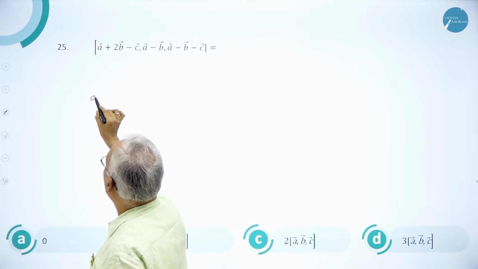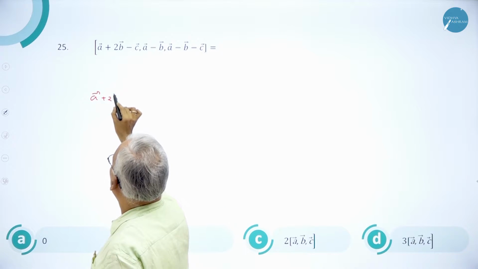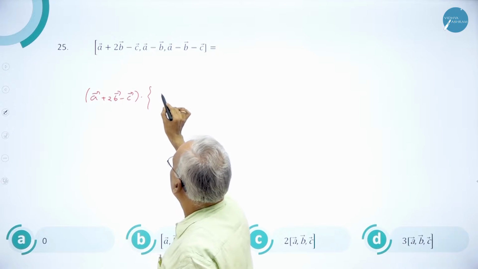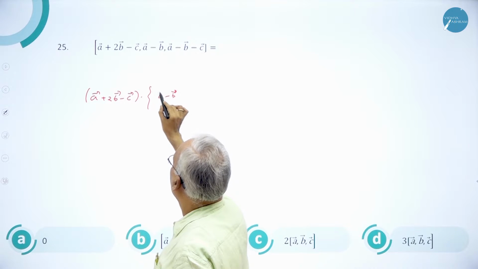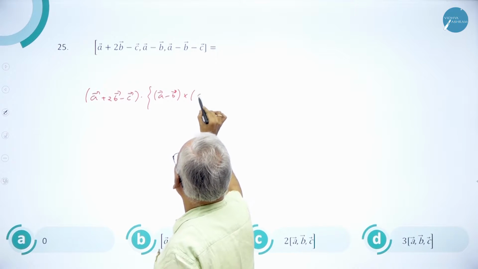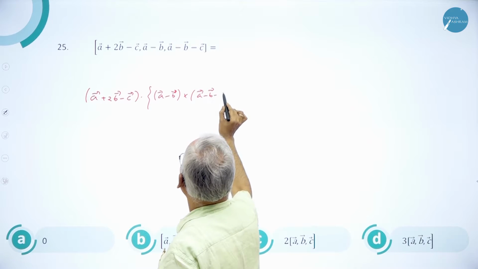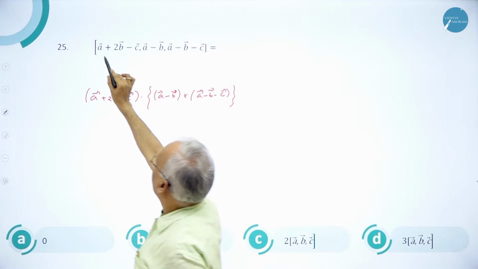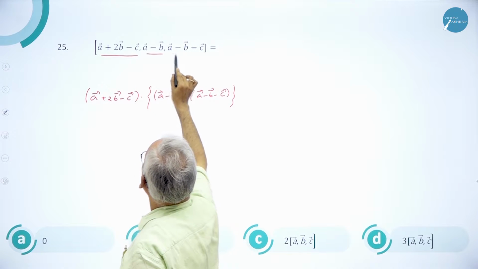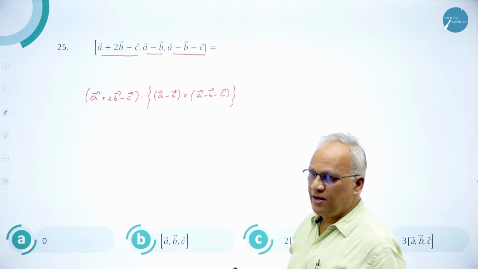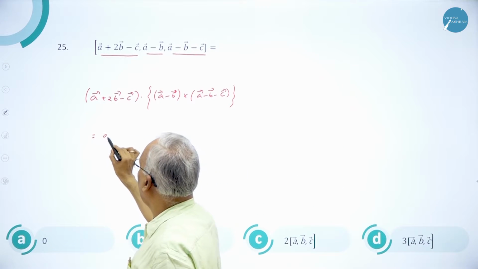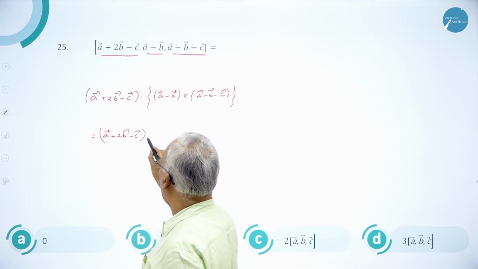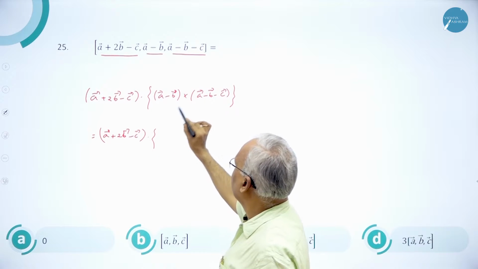One is A plus 2B minus C dot A minus B cross A minus B minus C. If you go by the definition of scalar triple product, A dot B cross C. Now you write this as A plus 2B minus C dot A cross A is 0